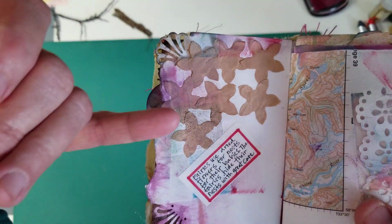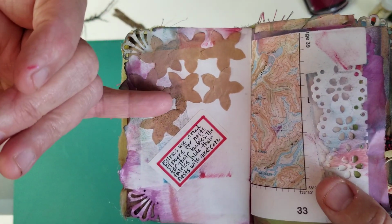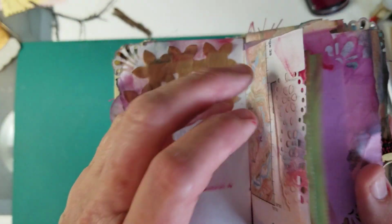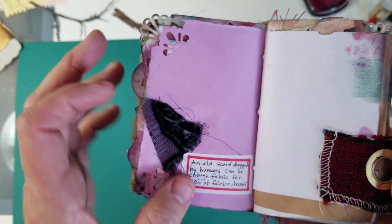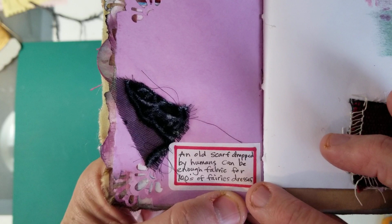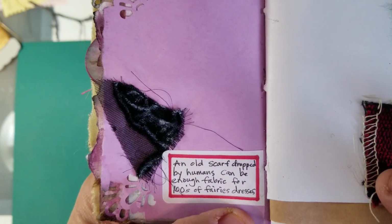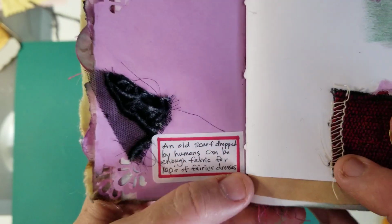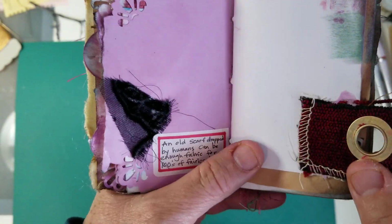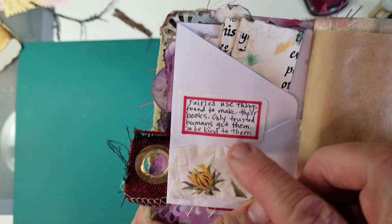And these look like they're old flowers that have dried up. And so I wrote about that. And I haven't finished this yet, but here's a little piece of an old scarf. It says, an old scarf dropped by humans can be made into many, many outfits for little fairies. I haven't written anything about this one, but it says...